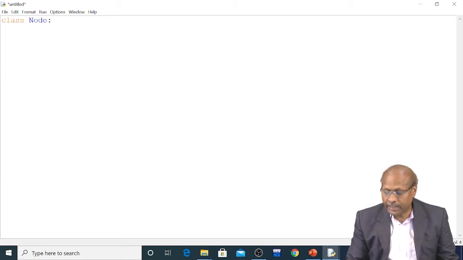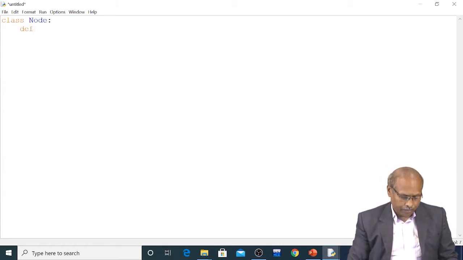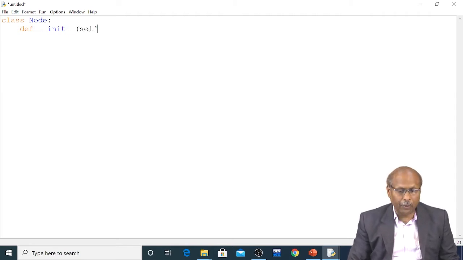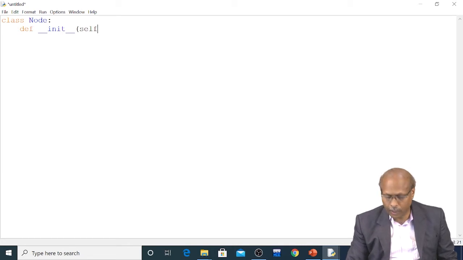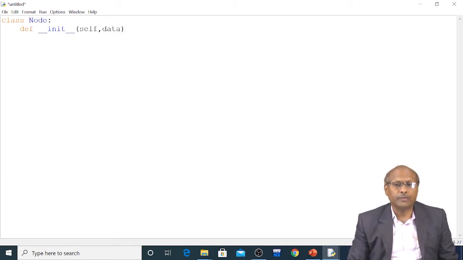Initialize means you write the constructor. So how will you write the constructor in Python? For that, there is a function called the init function. So you can define def __init__. Here the self-referential pointer, self, followed by what data you are passing, because the data you have to store.